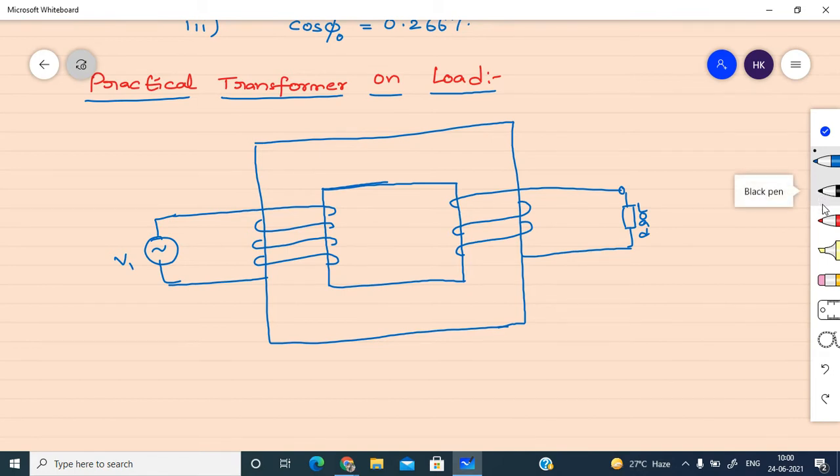Now let's see the operation of the transformer. The winding which is connected to the AC supply is called the primary winding. The winding which is connected to the load is called the secondary winding. Now, whenever we give AC supply to the primary winding, the current will flow through this winding. And due to that current,